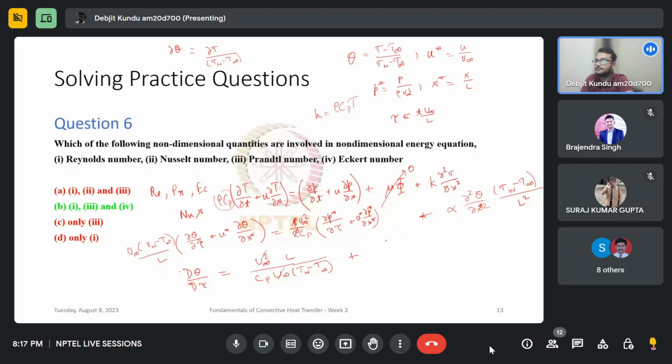Plus what we have here. So this term will get cancelled. This is what we have from earlier. Now we are bringing these terms over this side. So it will be u infinity